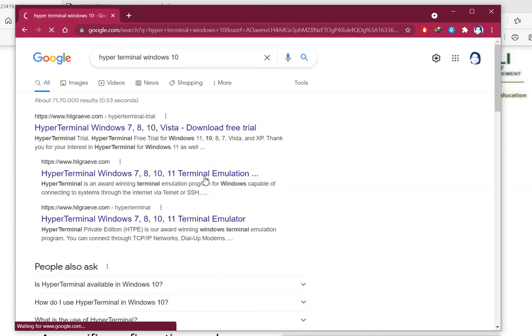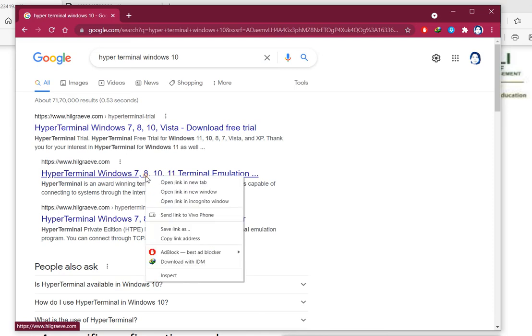It shows that there is a HyperTerminal for Windows 7, 8 and 10, and for Vista also, and it is saying to download the free trial. That means it is not free. And then one more, it is saying you have it for Windows 10 and 11 also. So if I open the link here,